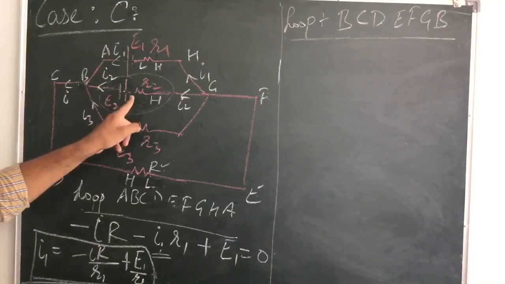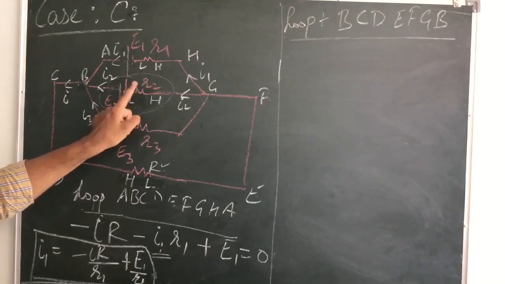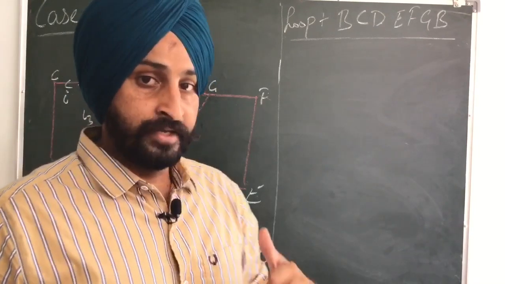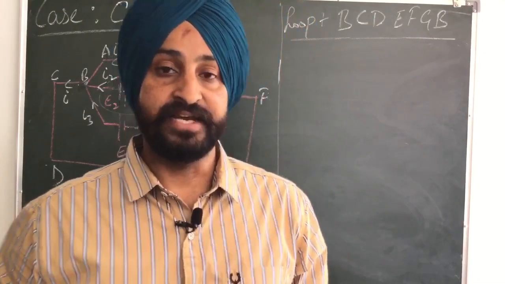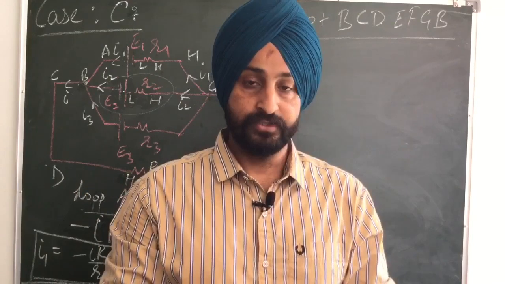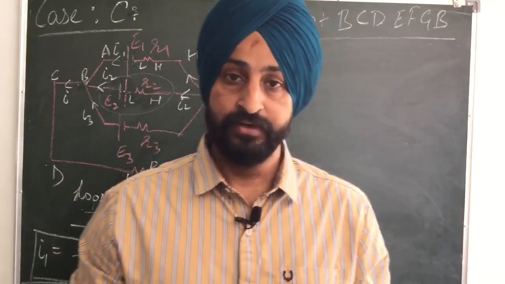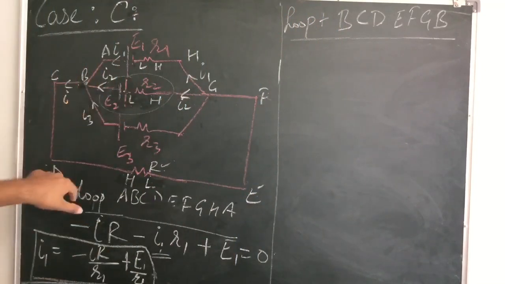So here you should not write that you have a positive plate, you should put H over here and L over here. No, that is not the case, because the direction of current as well as potentials will be decided by the net effect. So net will be decided by those 9, not that single one. Fine. So now I will be applying Kirchhoff's rule in this circuit B, C, D, E, F, G, B.